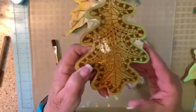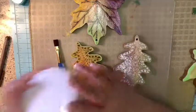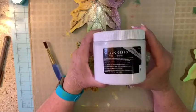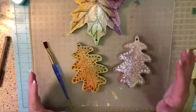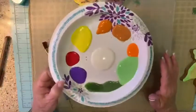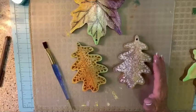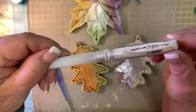So I'm going to show you these. Let me just show you the supplies that I'm using. To begin with, I gessoed these with an acrylic gesso, and then I used just basic acrylic paint, and this is my palette that I've used today. You can see it's kind of like green, oranges, reds, yellows, fall colors, except for some of my touch-ups. And then whenever I did my pen and ink, I used the Signo Uniball